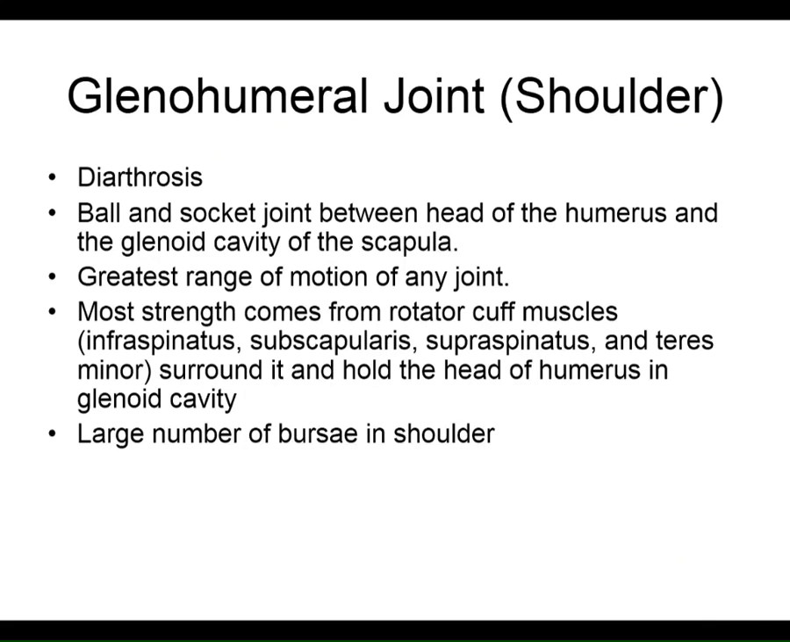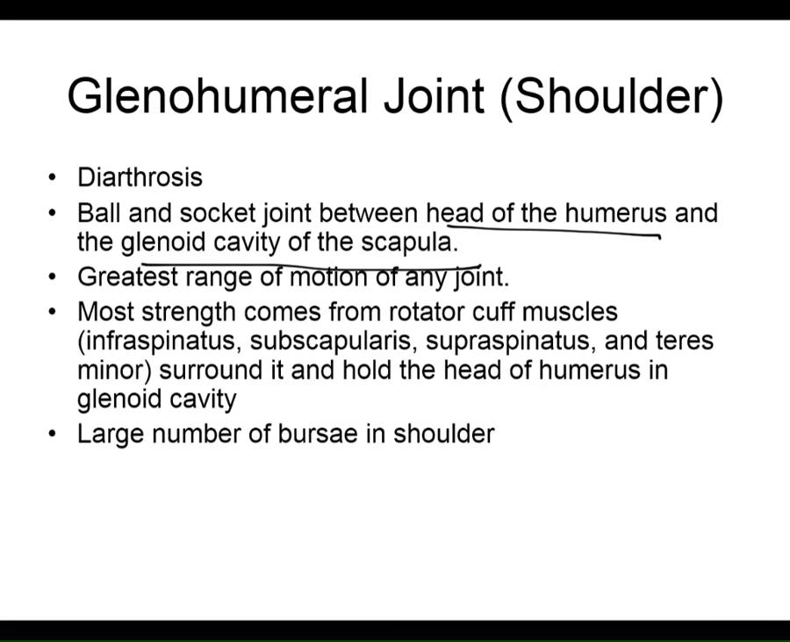Next, let's take a look at the glenohumeral joint. It is a freely moving joint, the most freely moving joint. It is, as you know, a ball and socket joint that connects the head of the humerus with the glenoid cavity of the scapula, and that's where it gets its name,